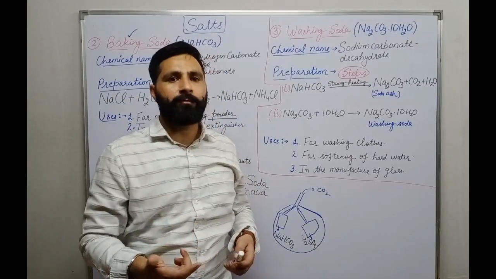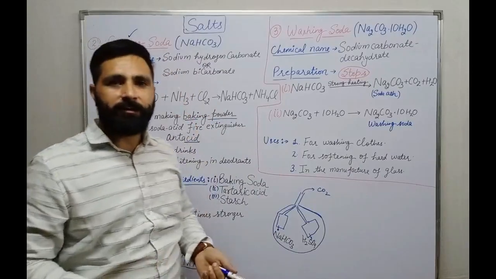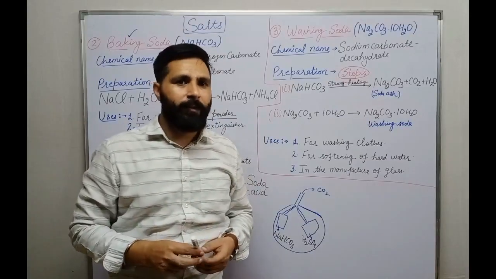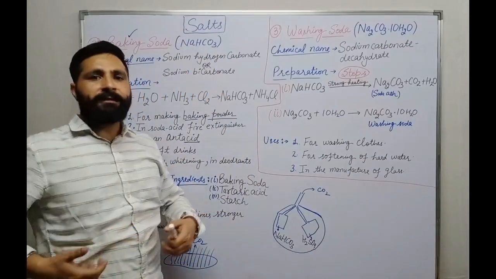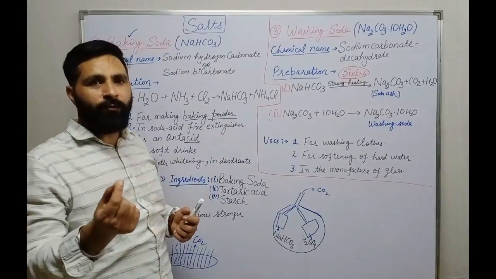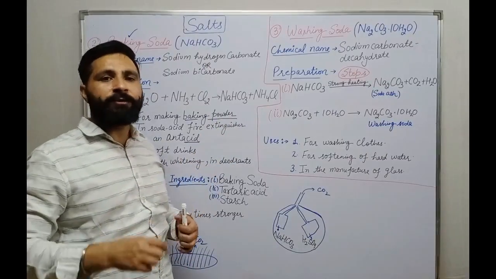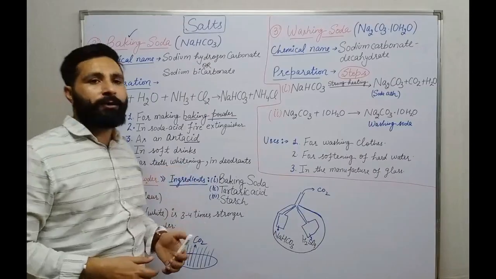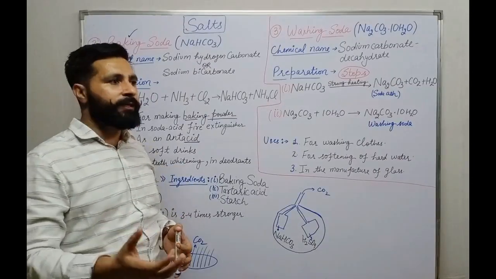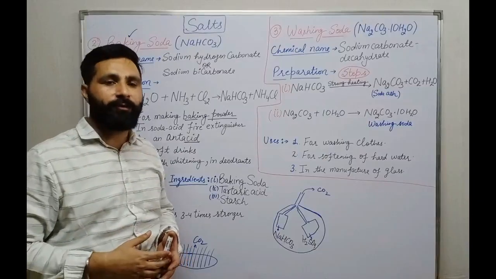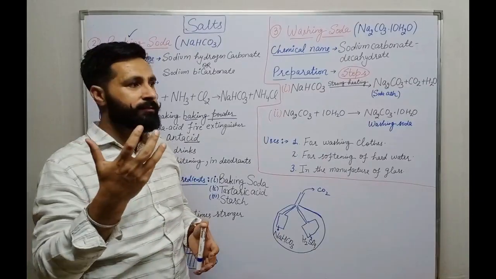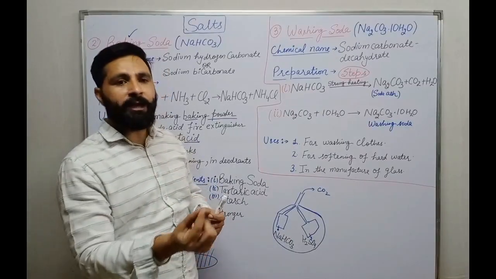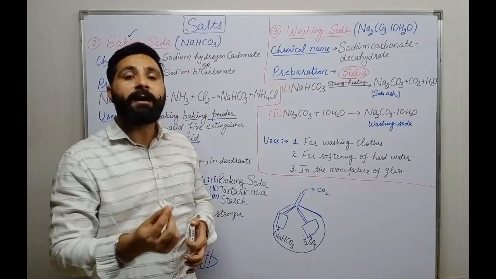Clear? Like Eno. In Eno, baking soda is there, but they have made it tasty by adding some more ingredients. So as an antacid, when acidity is more, if we take a small amount of baking soda, we feel relief because it neutralizes the excess acid in our stomach. In soft drinks or aerated drinks, like what you call cold drink, in soda bottles, you have seen when you open it, the bubbles are formed, which is carbon dioxide gas.